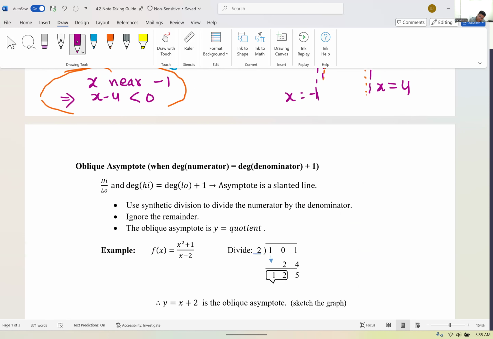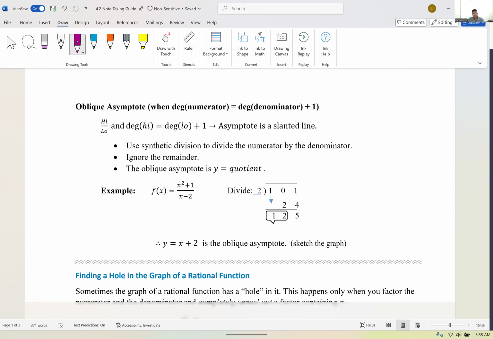That should explain most of the logic there. Okay. Then you might think, are the horizontal and vertical asymptotes all that we can ever get? And the general answer is no. You can even get an oblique asymptote in a special situation. Okay. And that special situation is